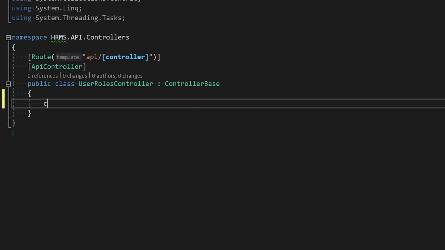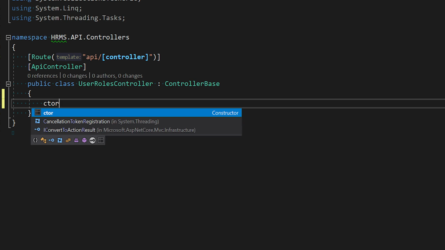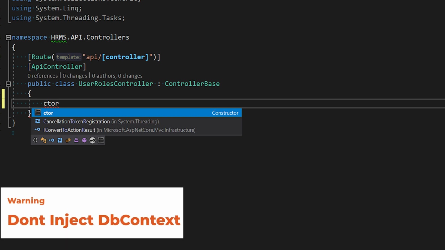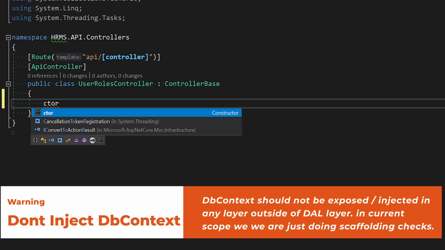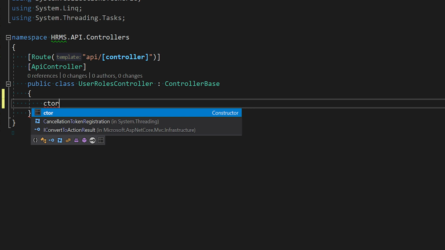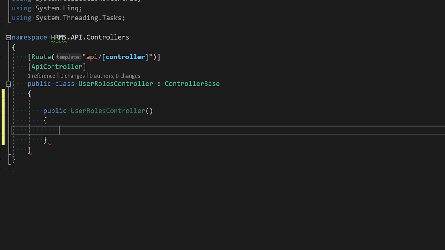And the first thing that we need to do is to use a constructor injection and have the DbContext injected in. Again, this is just for the purpose of this demo. We will be having the proper use case how to do this in our downstream videos when we will be using the repository pattern and others to actually see how this communication works. But for this video, just to test the connectivity, we are going to inject the HRMS DB context.